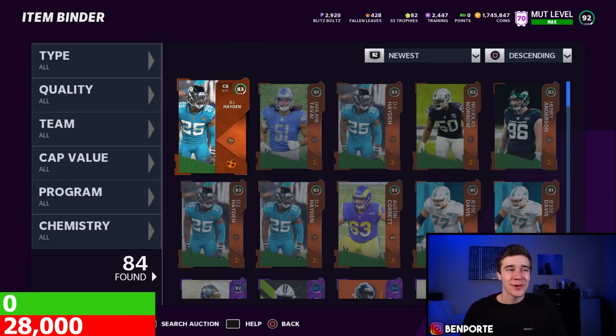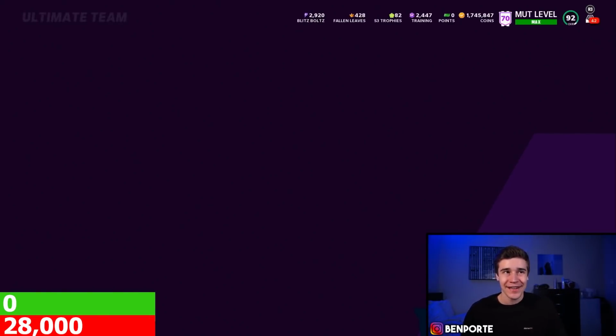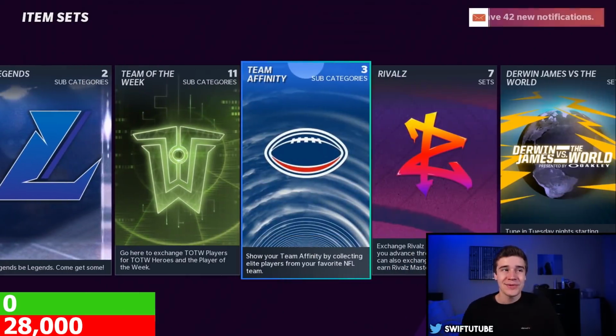So just completed the first roll. As you guys can see, we pulled a lot of 83s, a couple of 82s, and some 81s. And now what we're going to do is hop into the set screen, and we're going to be completing the 86 overall team builder fantasy pack. I'll show you guys exactly where that set is and how we're going to use those cards to knock this